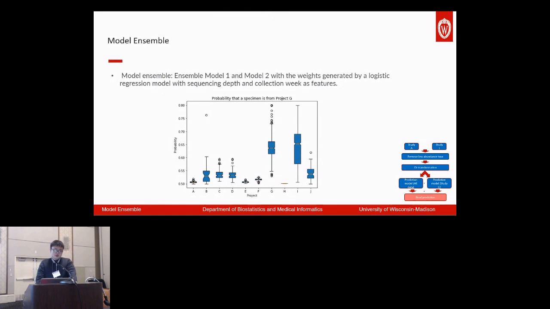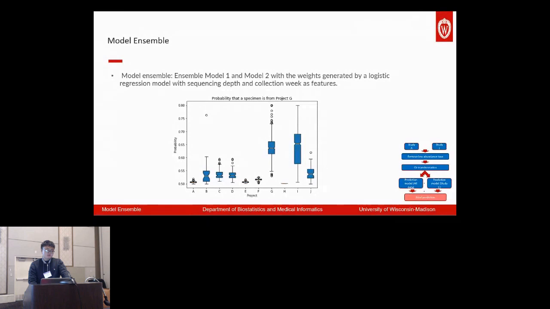This weight is generated by logistic regression with collected weight and sequence depth as the features. We need to find a weight for each subject in the testing data set by finding out how similar this subject is to each project in terms of collected weight and sequence depth.